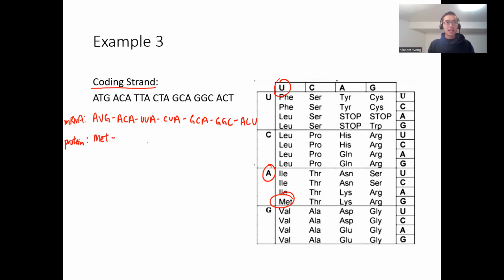Next, we have the ACA. ACA is threonine. And then you just continue the process. Hopefully you have done this already. UUA gives you LEU. CUA gives you another LEU. GCA gives you ALA, and GGC gives you glycine. And finally, we have the ACU,